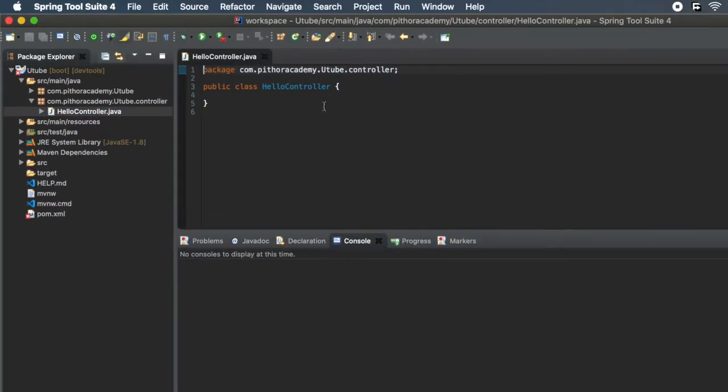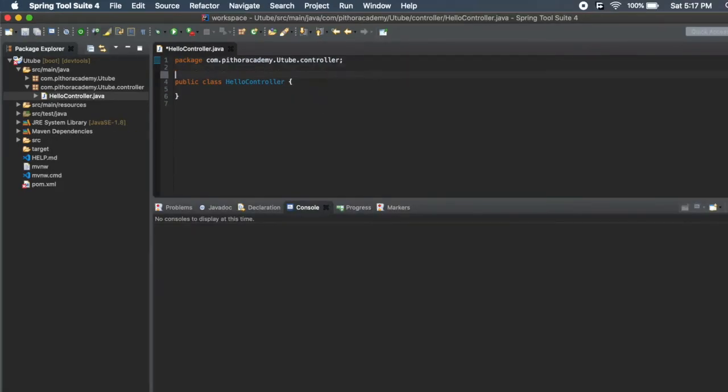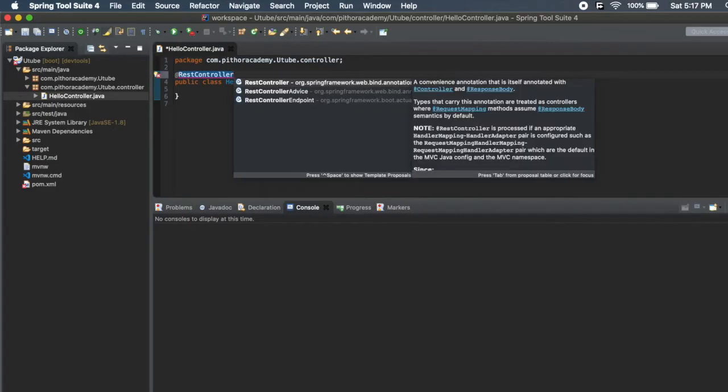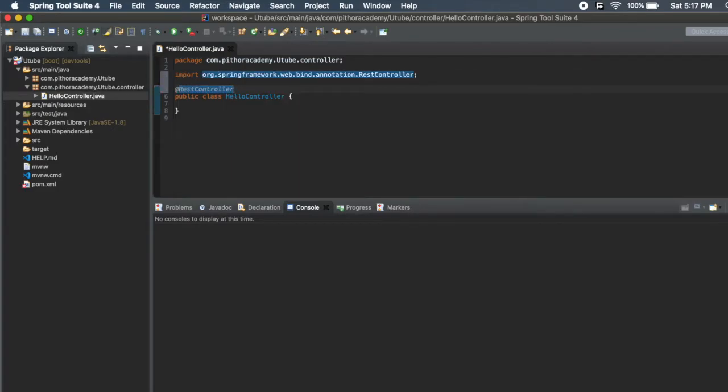Now the class is created, and to mark a class as an endpoint, we have to give one annotation, that is @Controller. But for REST API, we have one special annotation, that is @RestController. So here we have created one endpoint using @RestController.